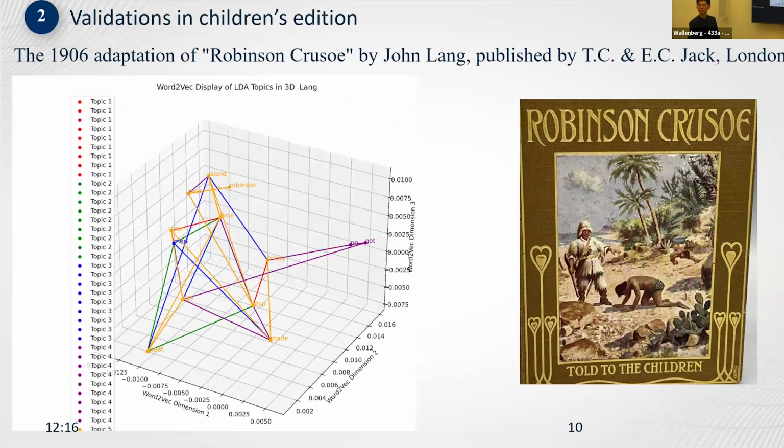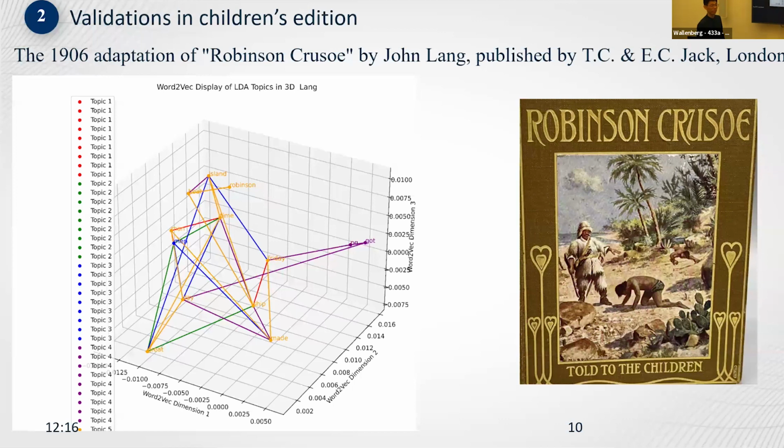But maybe what I've just tried to explain is far-fetched. So after that step, I'm thinking about my old job of comparing different children's editions of Robinson Crusoe. So I had an idea: why not compare the different editions of Robinson Crusoe through topic modeling? That is, will topic modeling be able to differentiate all the editions? Because I'm very familiar with these editions, and I want to know whether the algorithm can also